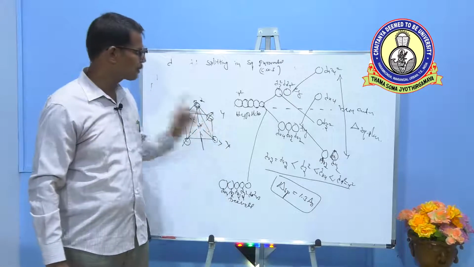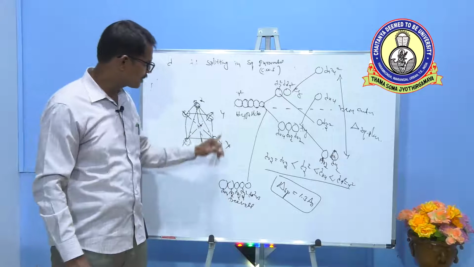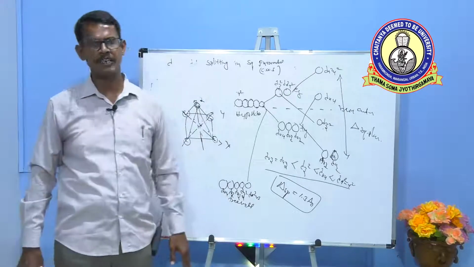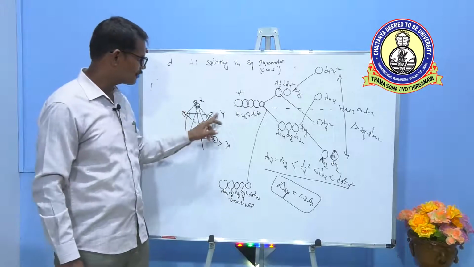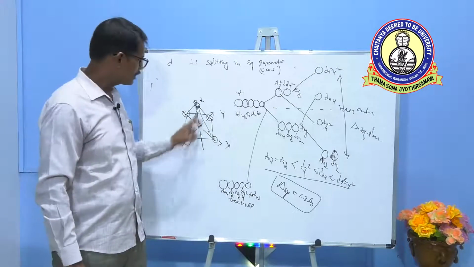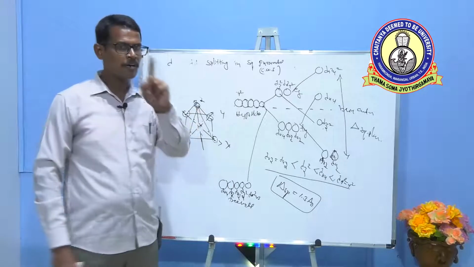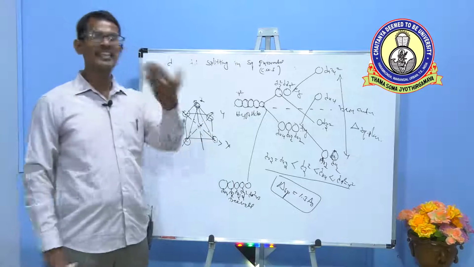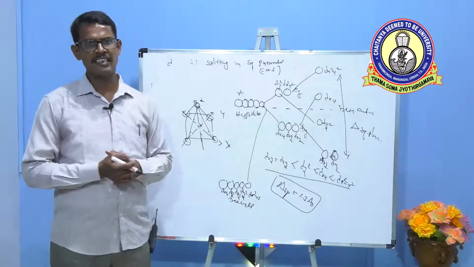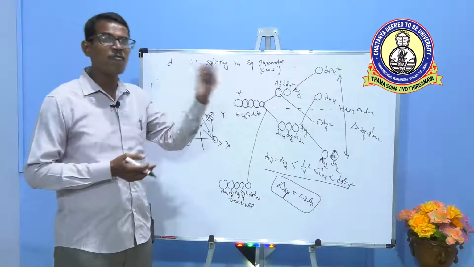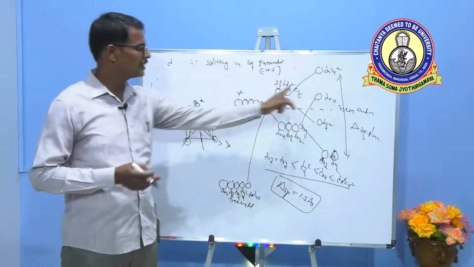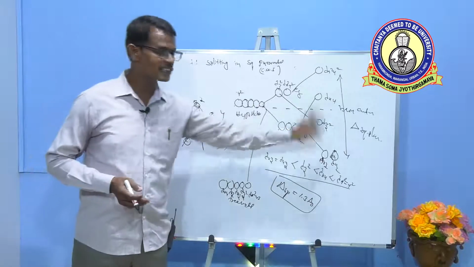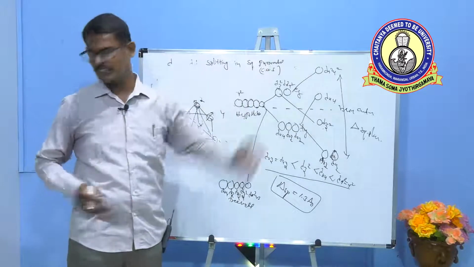So in this square pyramidal geometry, ligands are present along X and Y axis, almost similar to the square planar. Means along X and Y axis 2 donor atoms are present, along the Z axis only 1 donor atom is present. Means XY contains more ligand field, Z contains less ligand field. So this also causes further splitting in Eg and T2g, such that Z orbital energy decreases, XY orbital energy increases.